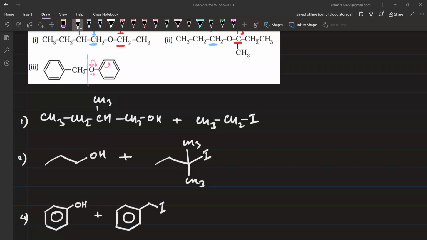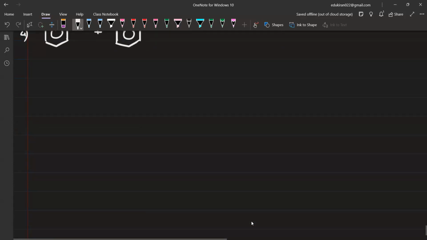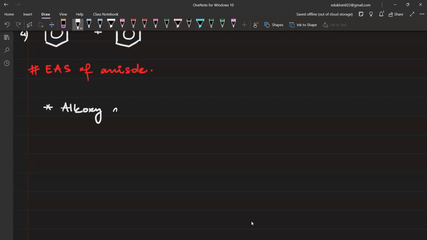Next, you write electrophilic aromatic substitution of anisole. ठीक है, ध्यान दीजिएगा. You write here first of all, alkoxy group is an activating group